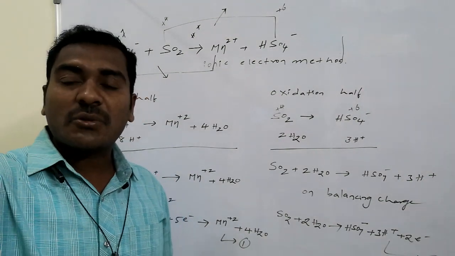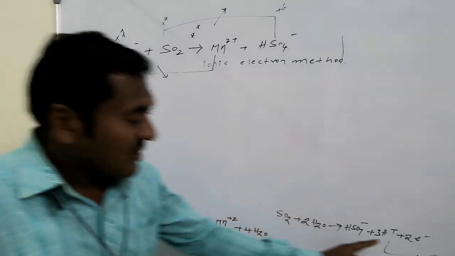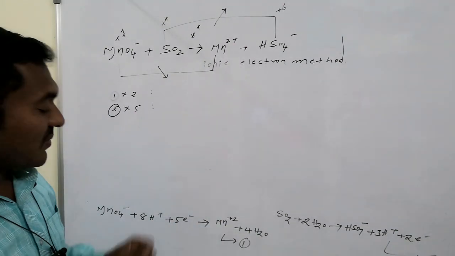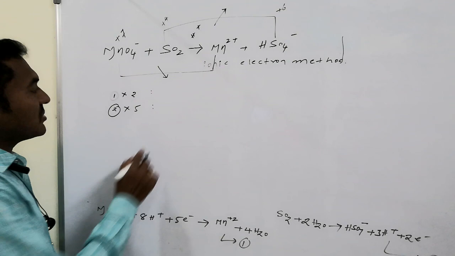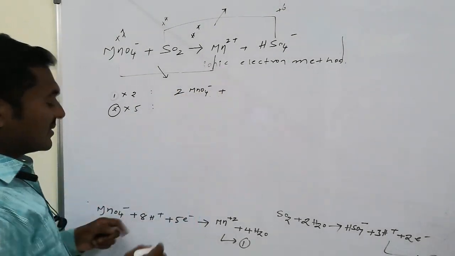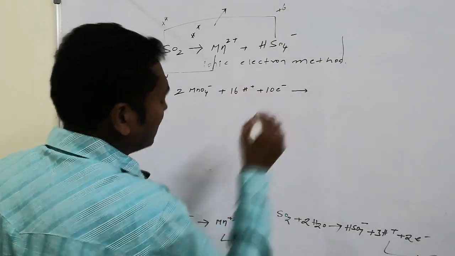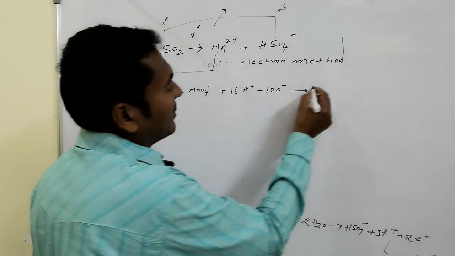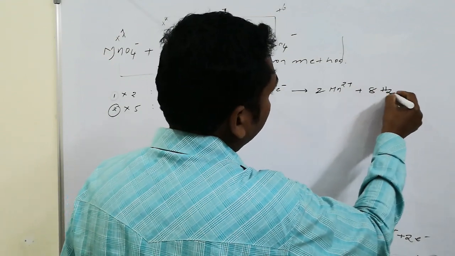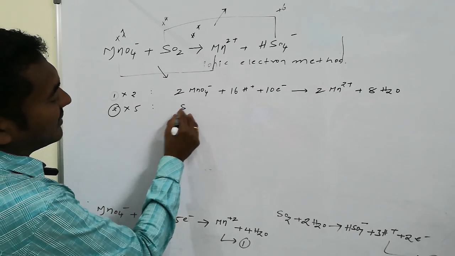Writing those two, on multiplying equation 1 with 2 it appears as 2MnO4 minus plus 16H plus plus 10 electrons converted to 2Mn2 plus plus 8H2O. Whereas equation 2 with 5 reaches as 5SO2